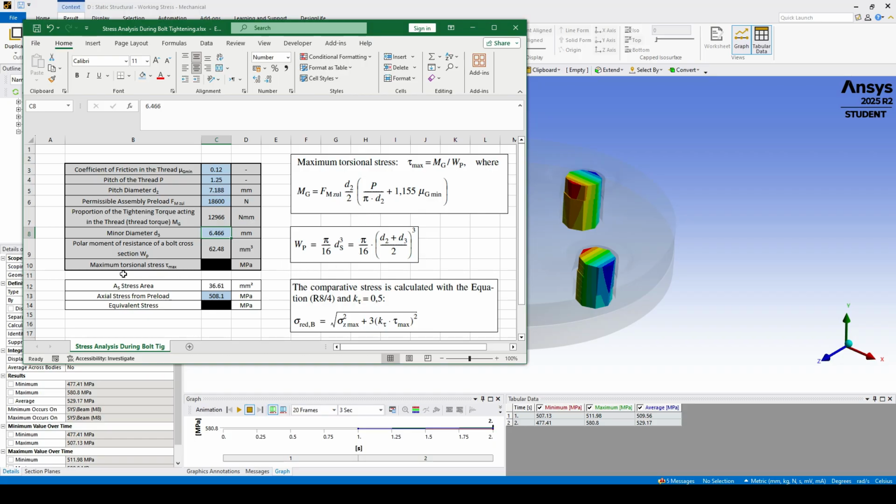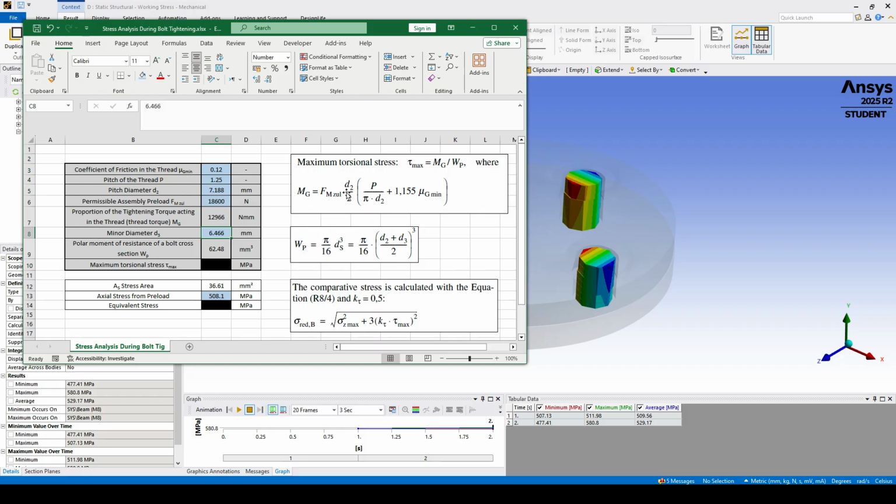What we need to calculate the maximum torsional stress is the tightening torque divided by the polar moment of resistance of the bolt cross section. First of all, in order to calculate the thread torque, we need to know the bolt pretension, which we already know, and we took this value from the VDI table. As I told you, you can see the previous video to know the bolt pretension for this bolt or for any other bolts. I already shared this information before, and this will be